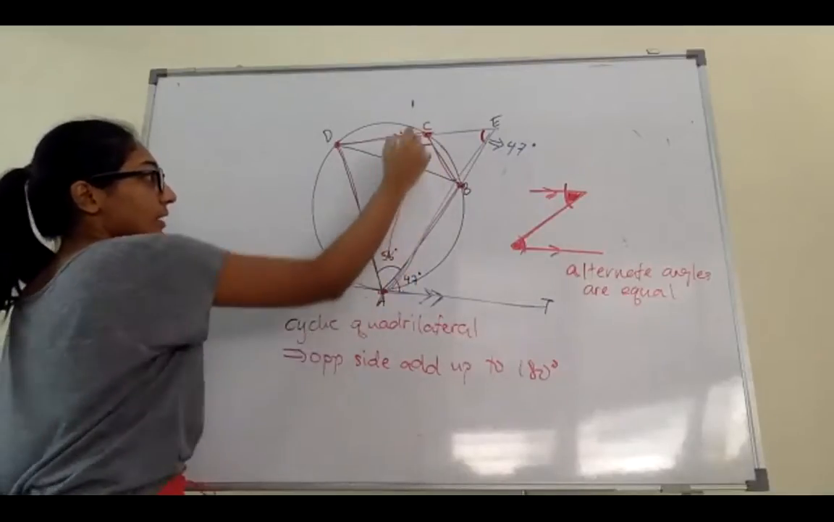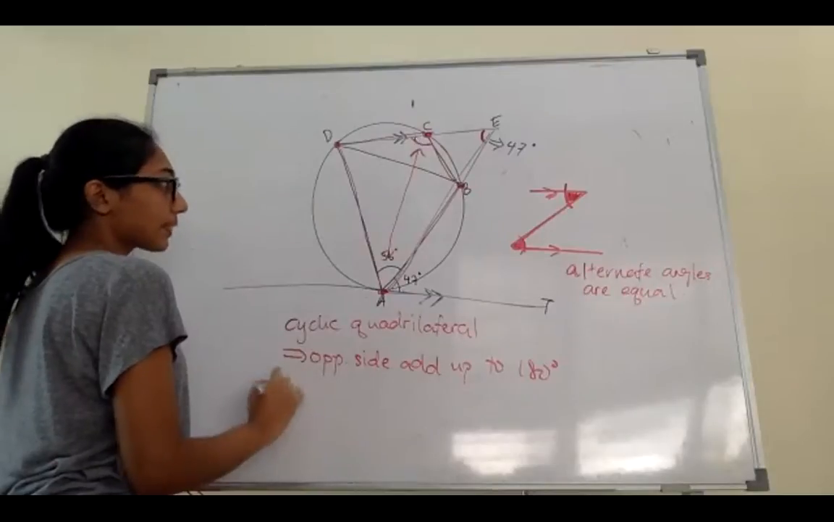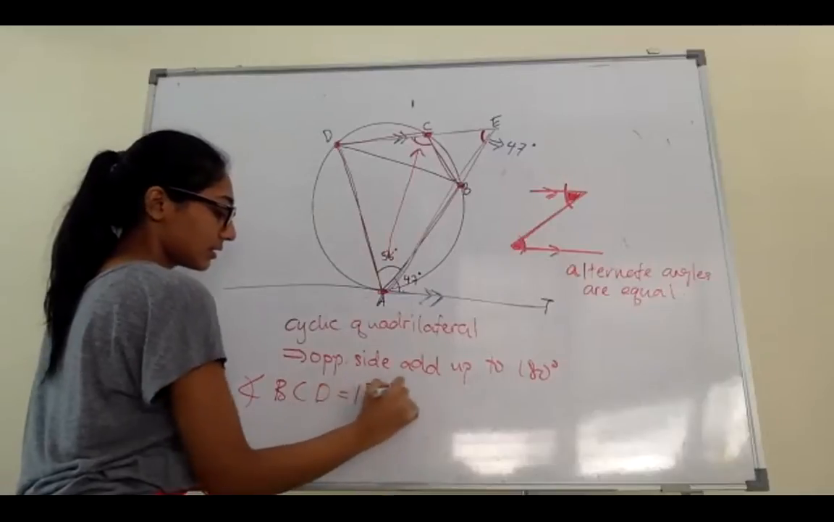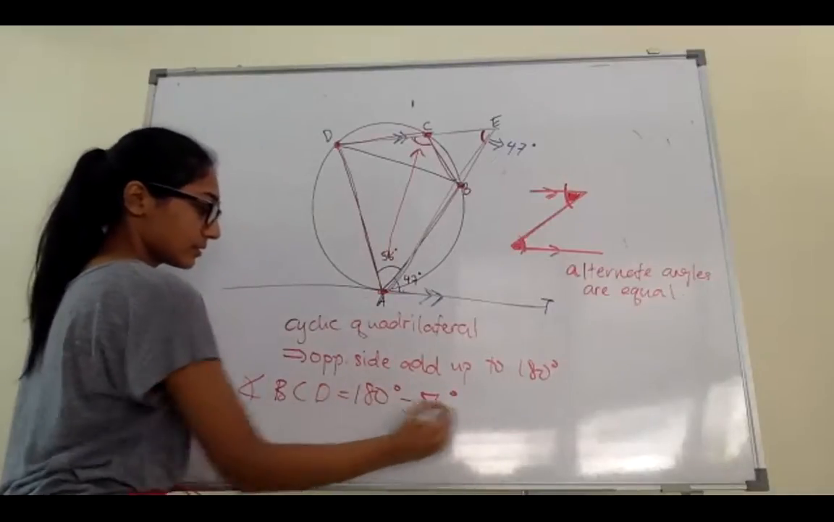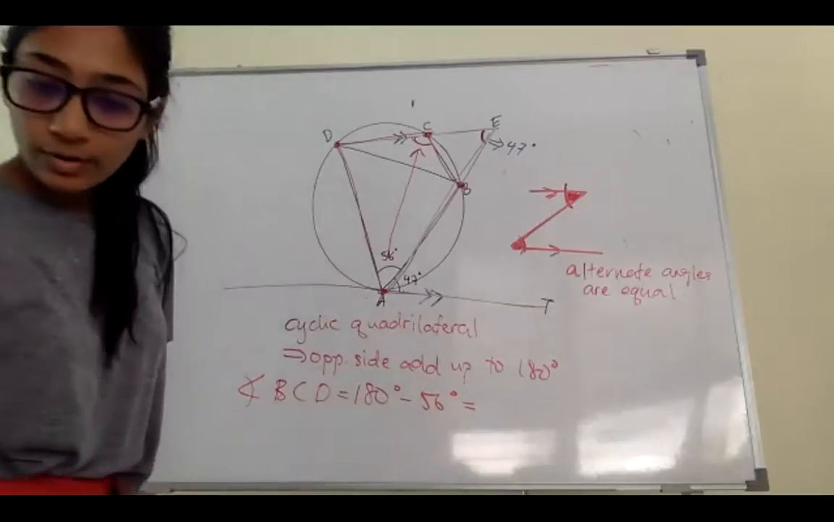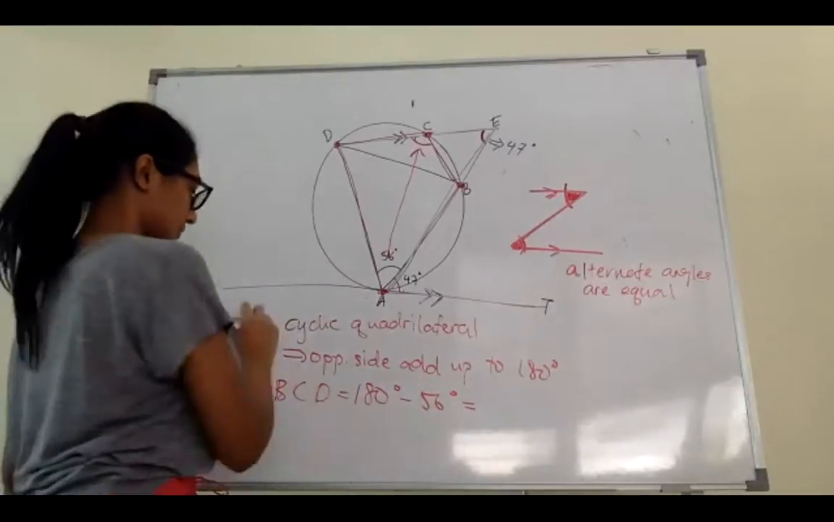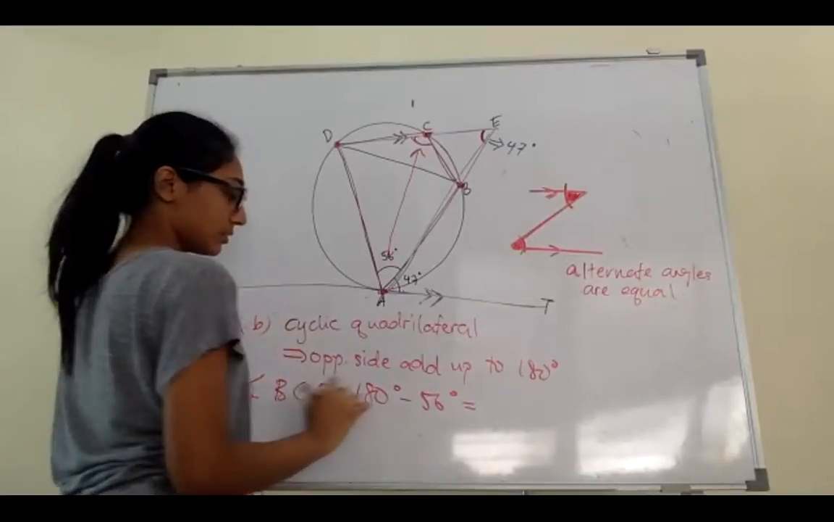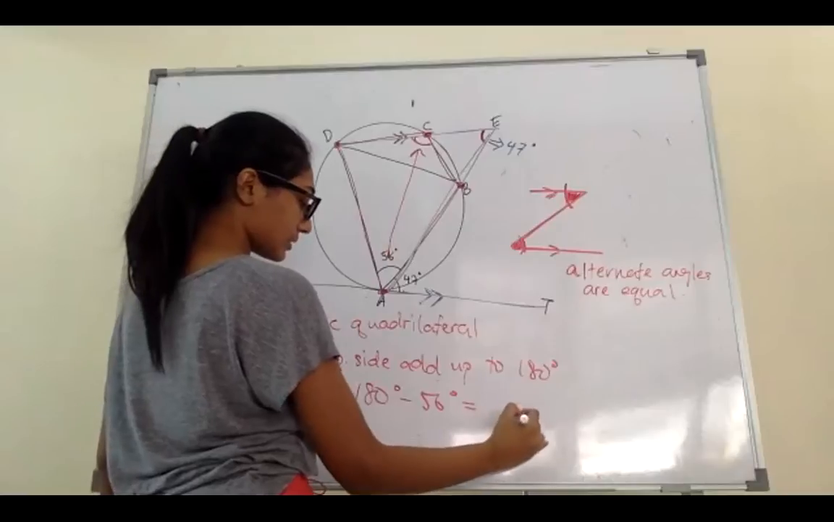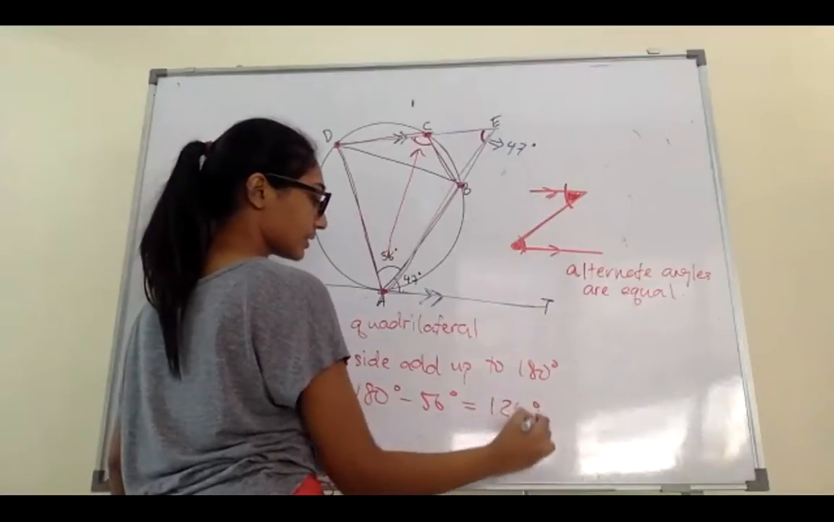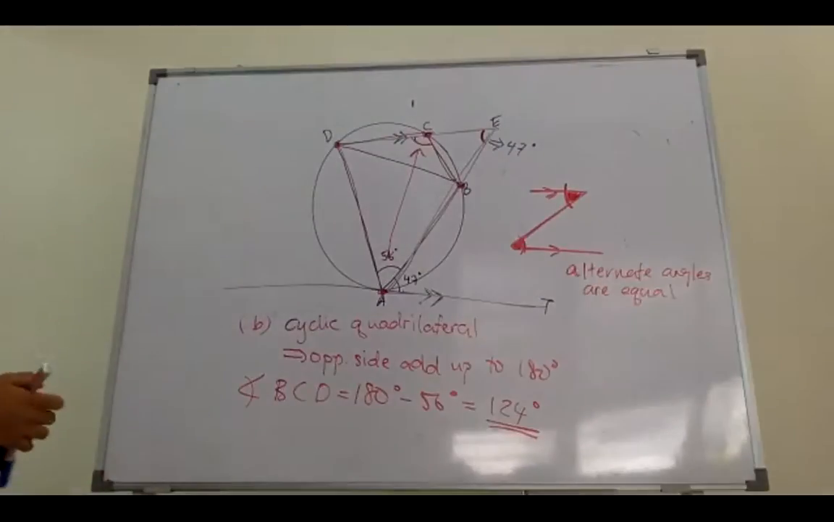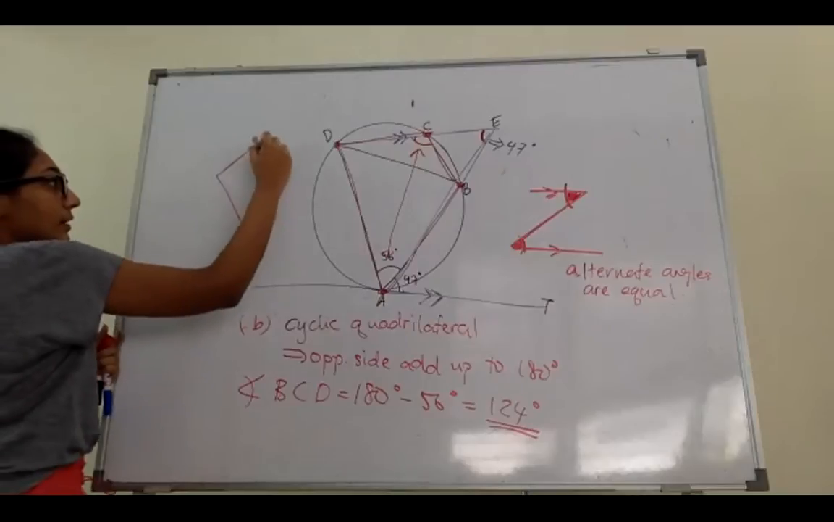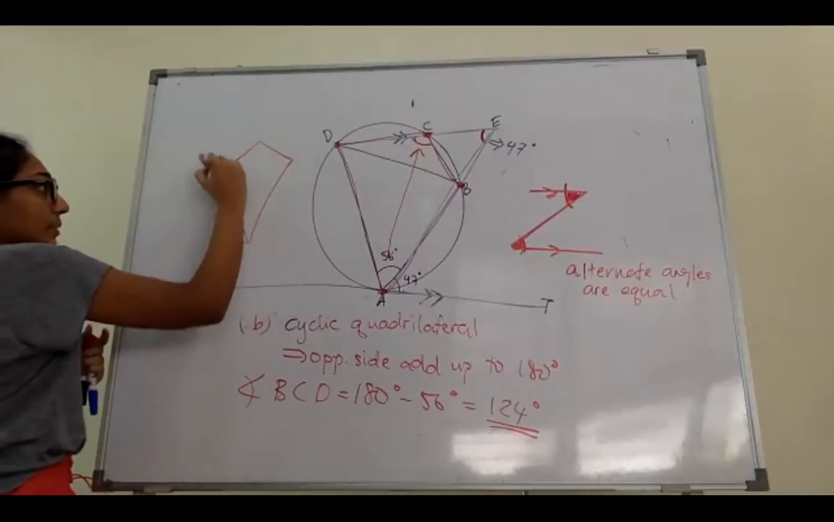So this is 56. This will be 180. So that's the one for C, right? This is for B. 180 minus 56 is 124 degrees. Okay, this is a cyclic quadrilateral. So we know that when it's inscribed in a circle,